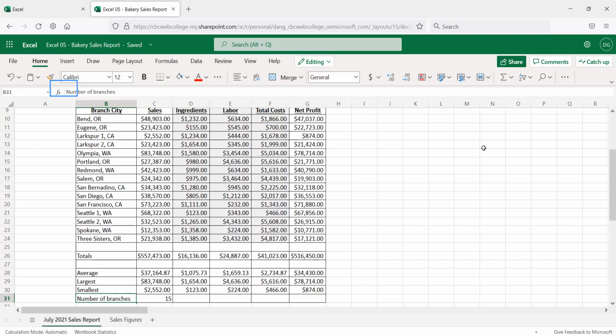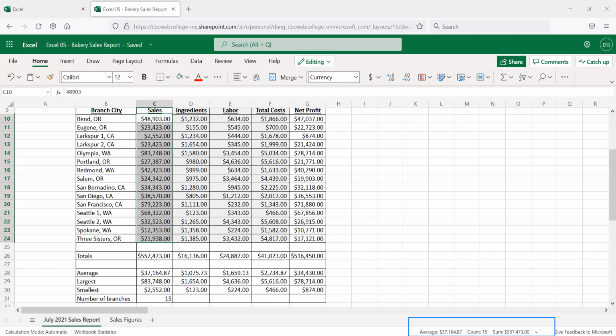There are times where you want to know what these numbers are without necessarily putting them into your worksheet. So there's a quick way to do that. It's also something I like to use to double check my formulas. So the first thing I want to do is double check, is my total here correct? Is my average correct? Is my largest, smallest, and number correct? So let's find out. I'm going to select C10 down to C24. So I've got the range that I've been using, right? Down here in the lower right-hand corner,